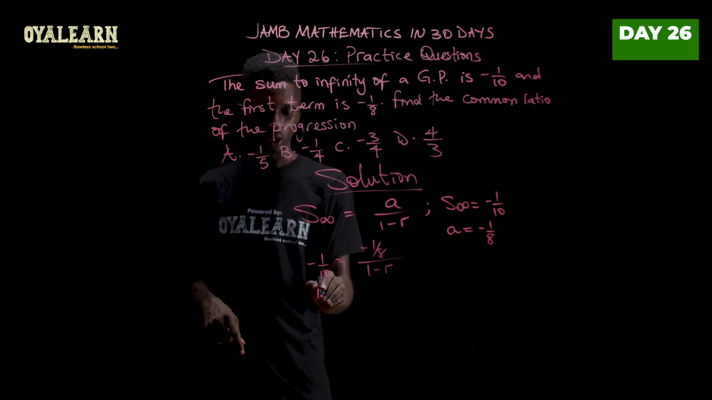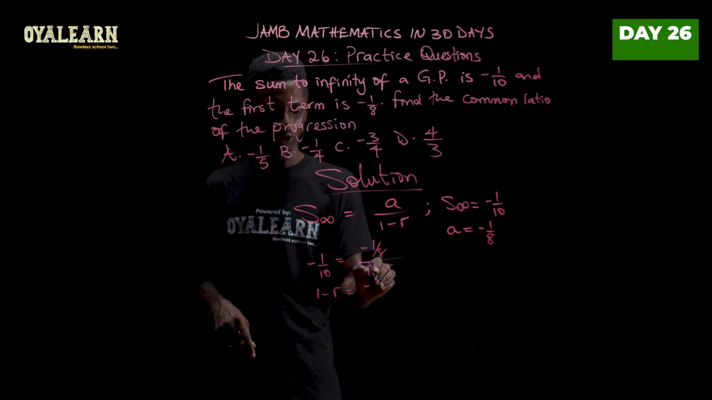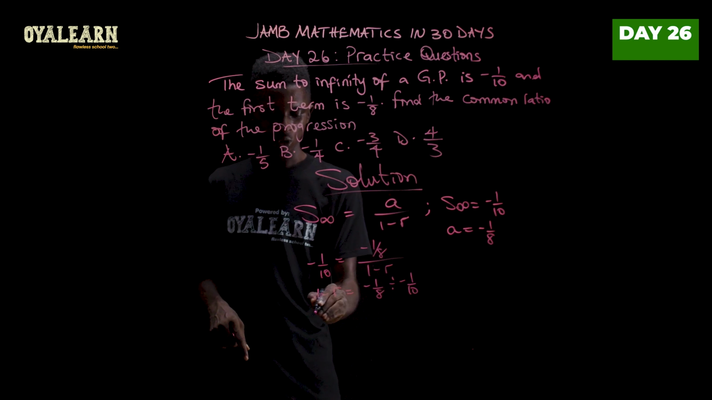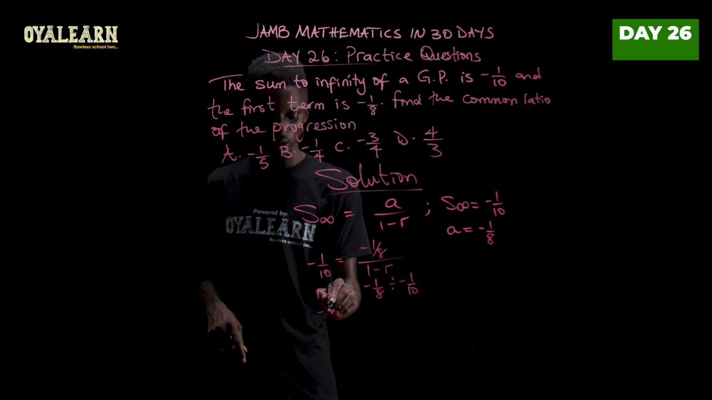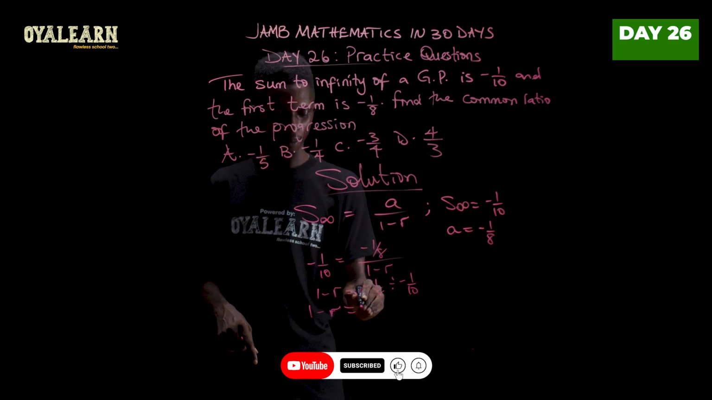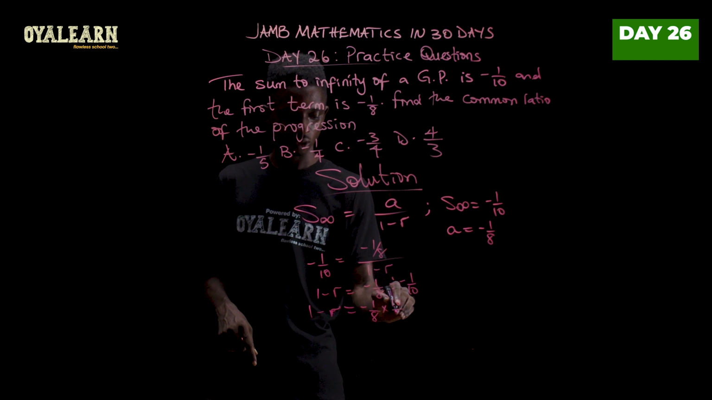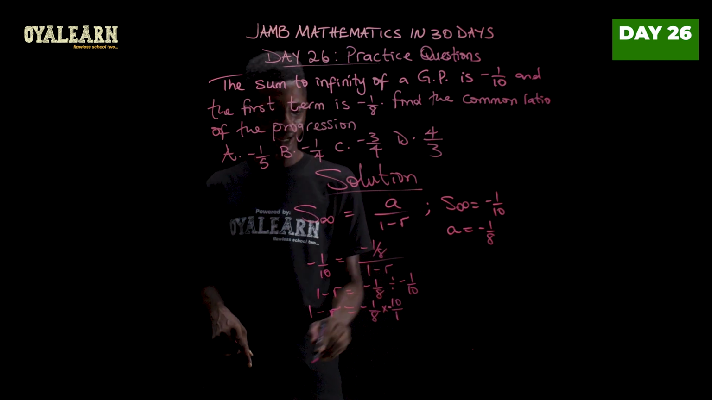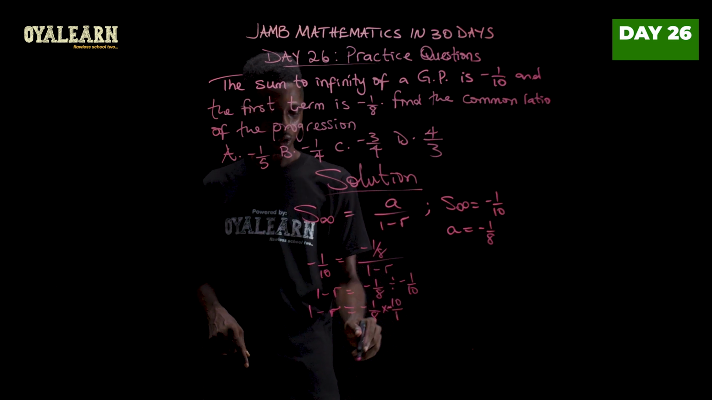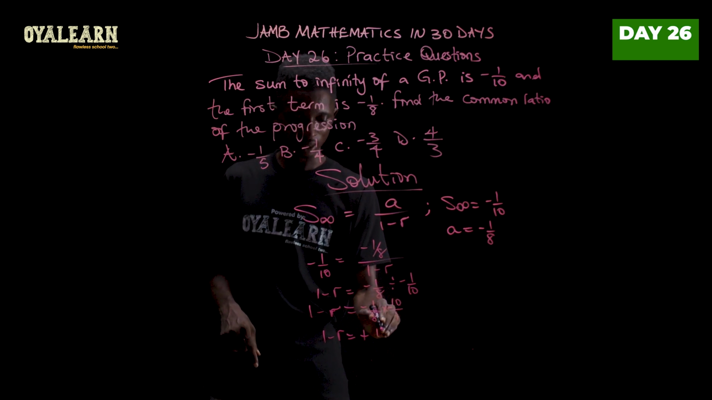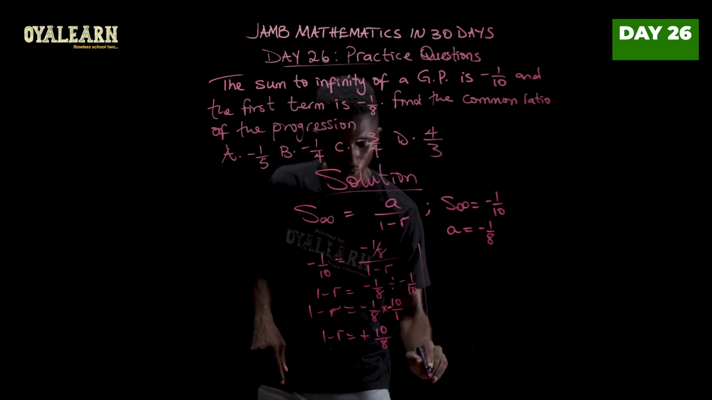Cross multiply. 1 minus r equals minus 1 over 8 divided by minus 1 over 10. So 1 minus r is therefore minus 1 over 8 times 10 over 1. Remember, minus sign is also here. So minus times minus will give you plus. So 1 minus r equals plus. So what we have here is 1 times 10, 10 over 8 times 1, that's 8. So to find r